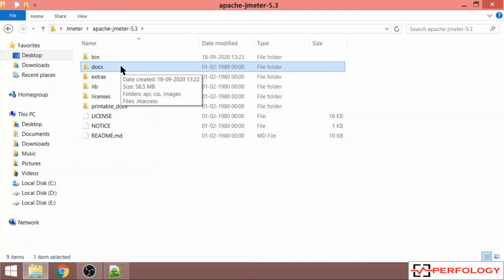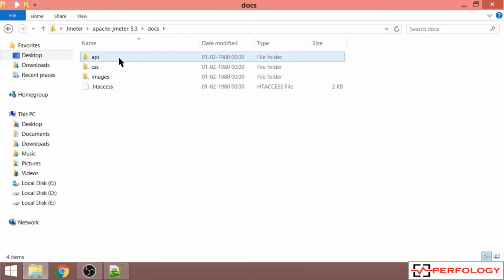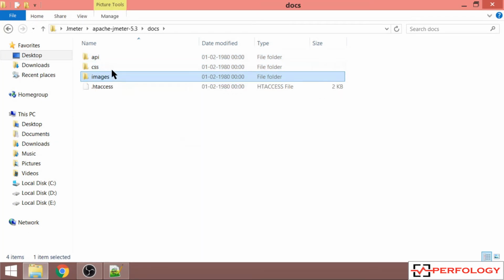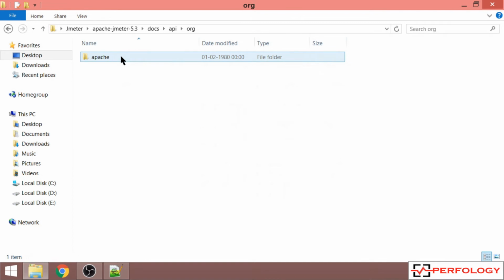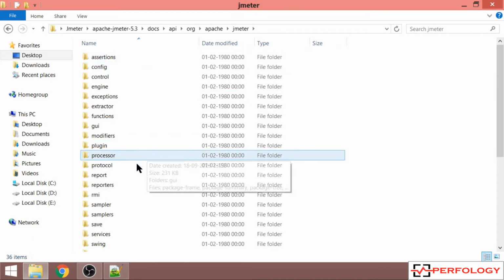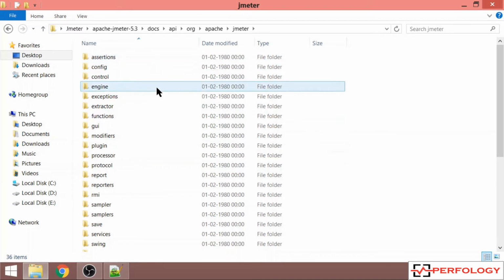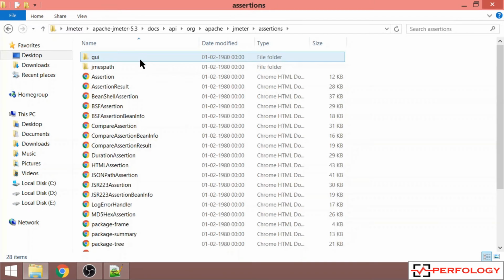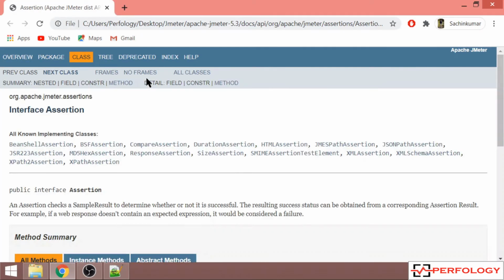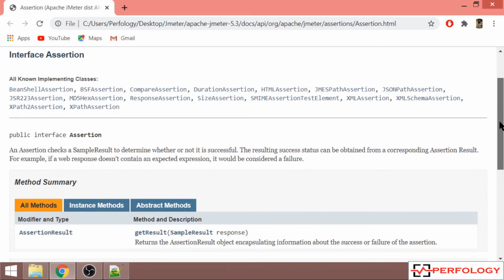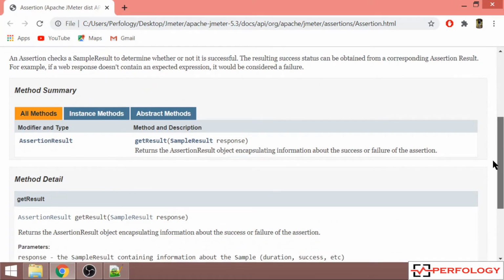In doc folder, there are three folders which contain documents with respect to API, CSS, and images used in JMeter. If I open this API folder, there are different folders made for different elements in JMeter. If I open this folder, this HTML document contains detail about the methods used in assertion element.